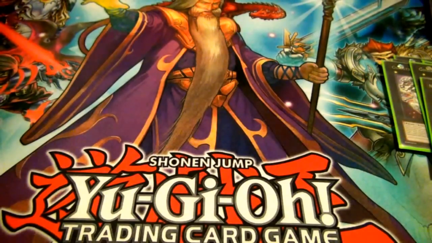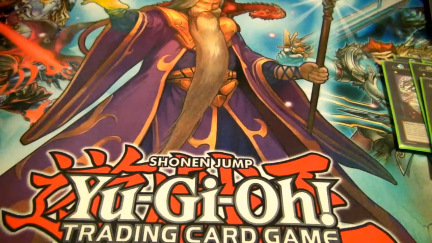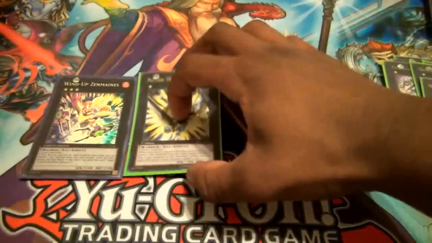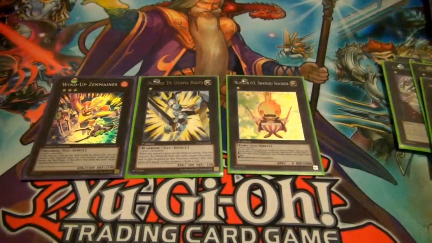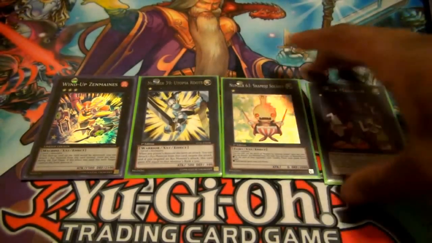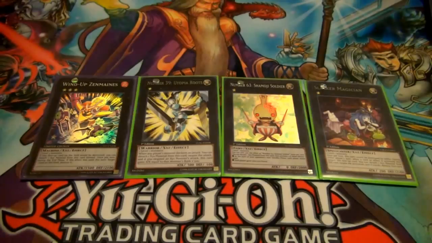So the next 4 slots, I'm leaving them up to you to do whatever you want with them, but what I personally have in my arsenal right now, and what I have plenty of other cards I can switch into. I got 1 Wind-Up Zenmaines, 1 number 39 Utopia Roots, 1 number 63 Shimoji Soldier, and 1 Slacker Magician. These are just other level 1s in case you run out of your Dullahans or anything like that,